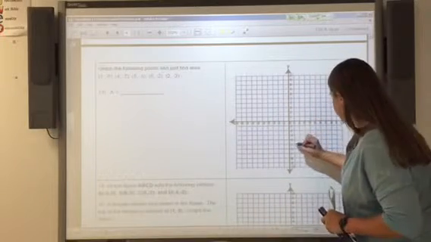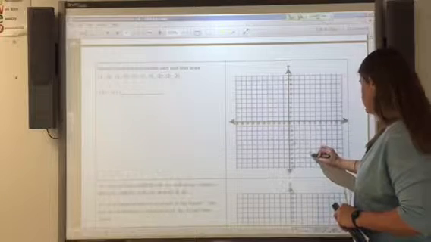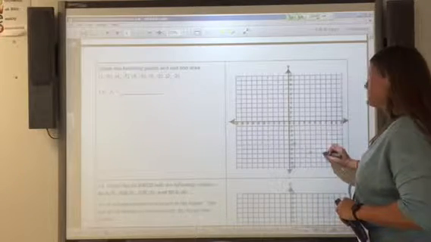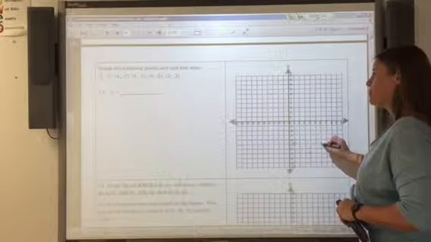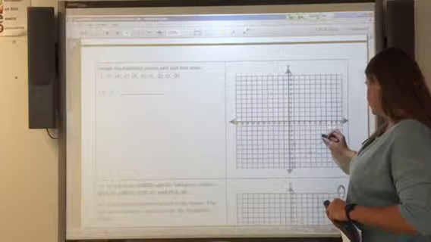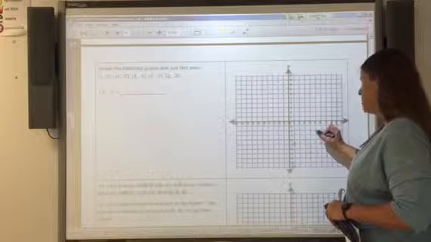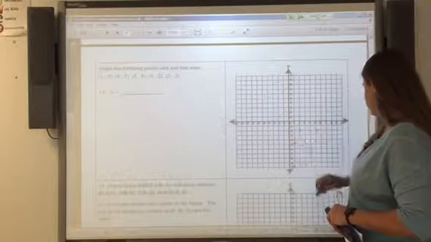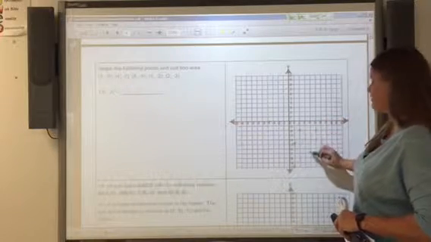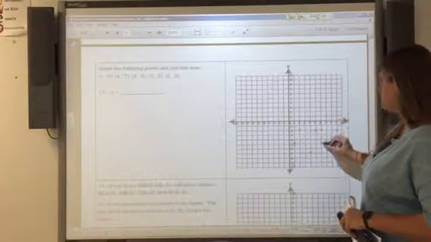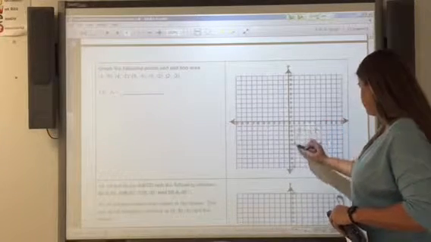All right, so (1, -5), (4, -7), (6, -5), (5, -2), and (2, -2). Okay, so again, (1, -5), (4, -7), (6, -5), (5, -2). Okay, so when I connect that,